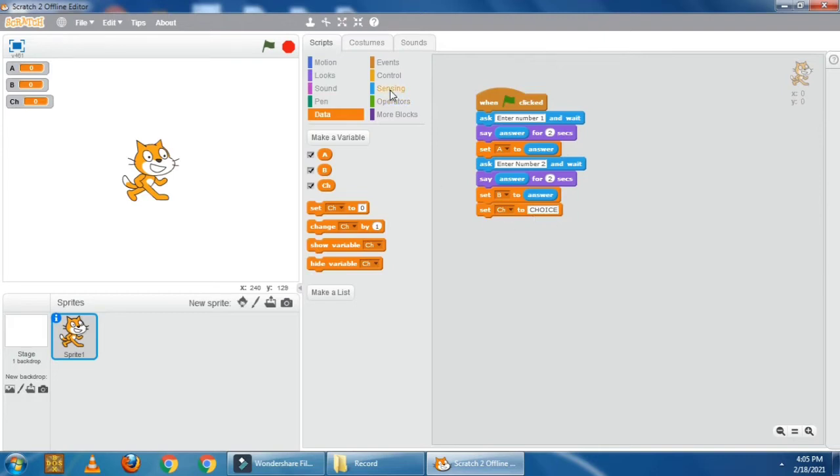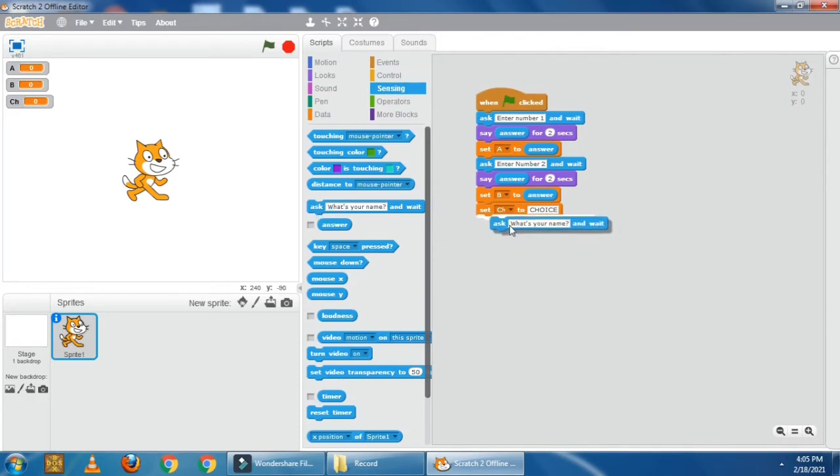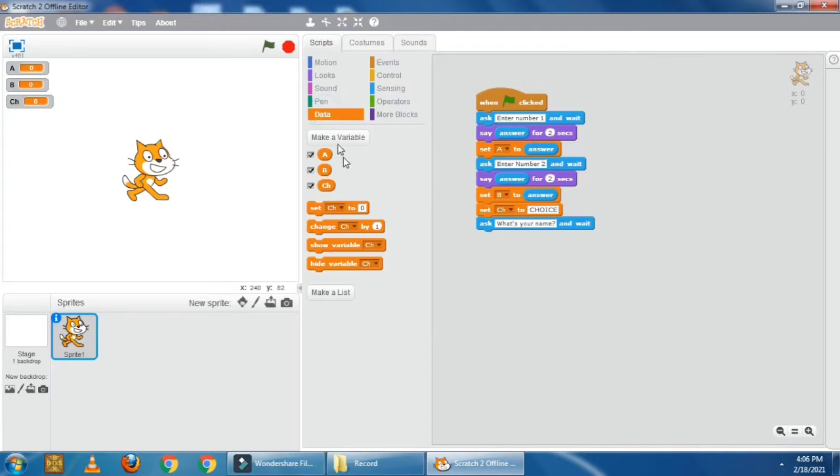Now let's go to Sensing and take the ask block. Here give the choice variable in this block, because the value entered will be stored in the choice variable. So click on this, take the ch variable from here and place it inside the ask block. Next we have to add or